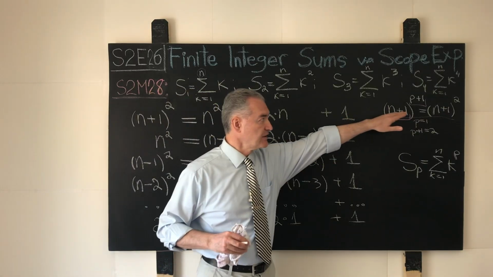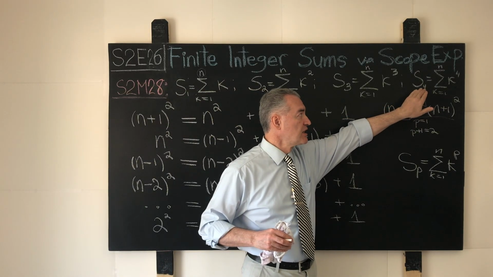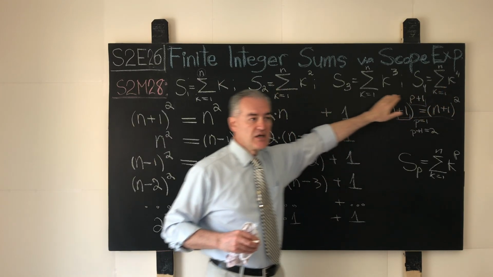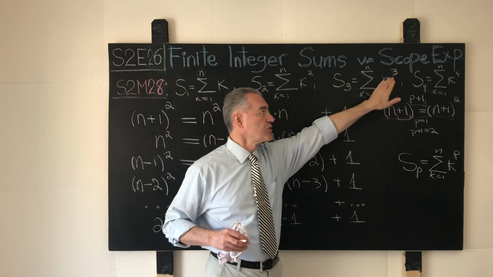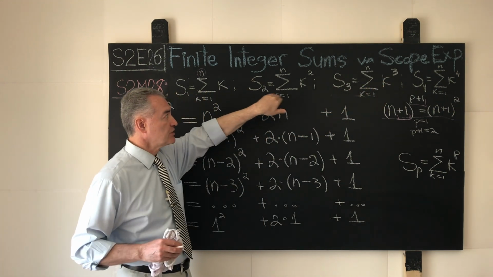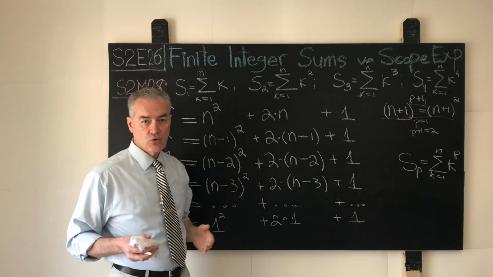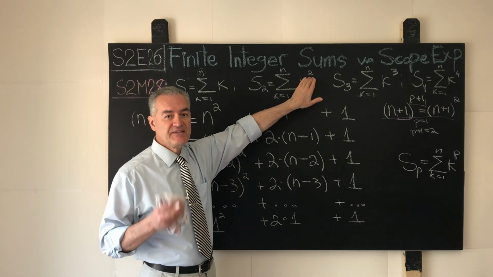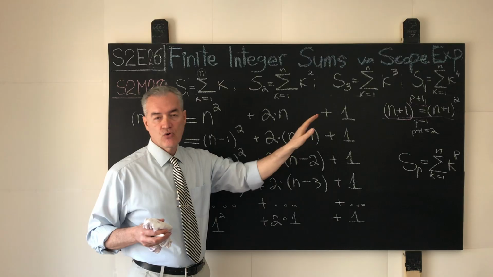And that is reflected in our notation over here. The sum S4 is the sum of the fourth powers of k. The sum S3 is the sum of the third powers. The sum S2 is the sum of the second powers, and so on. And that precisely means that the power p over here remains fixed for the duration of the sum, so to